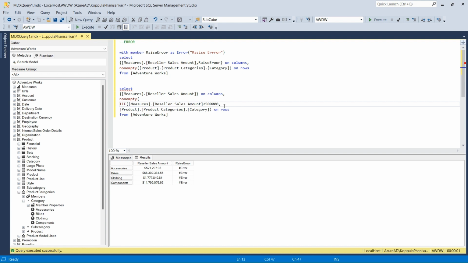So if my sales amount is less than 500k, I want to raise error, I want to display this message, otherwise display my entire information of my product categories. Now if I execute this,